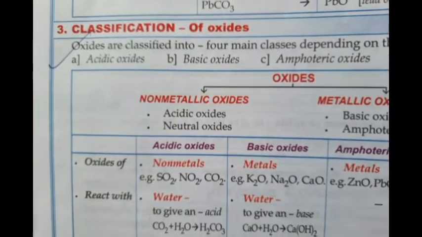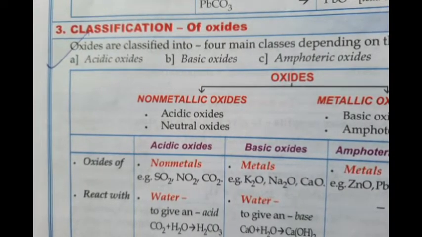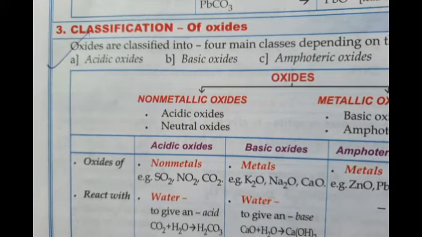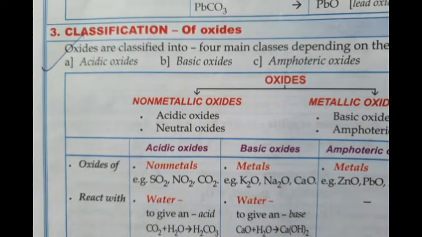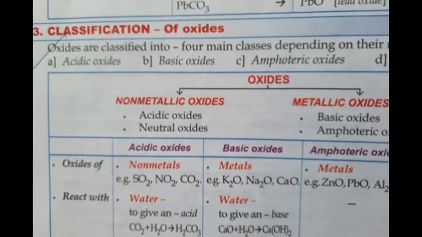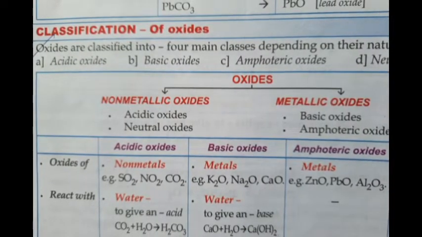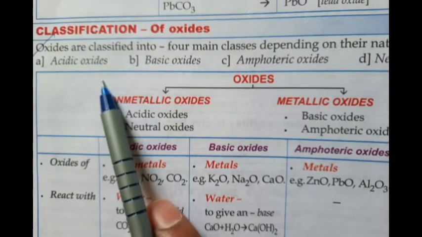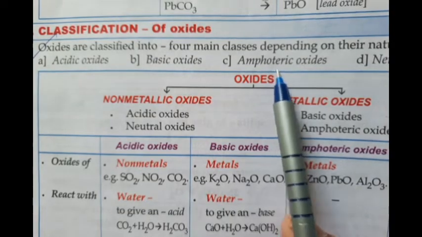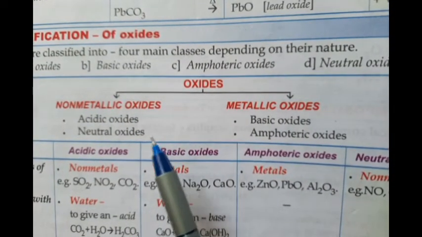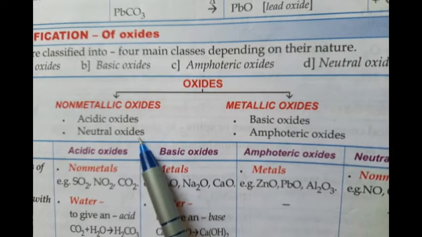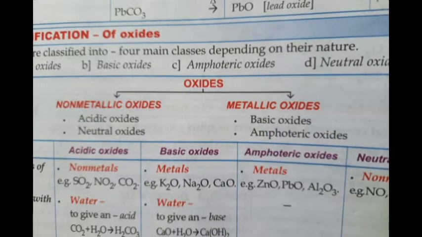And this is important, and I may give you an examination. Okay, this is very important, and I may give you an examination. Now see out here classification of oxide, students. There are usually four types of oxide. One is called acidic oxide, one is called basic oxide, one is called amphoteric oxide, and one is called neutral oxide. So there are four kinds of oxide: acidic, neutral, basic, and amphoteric, in which